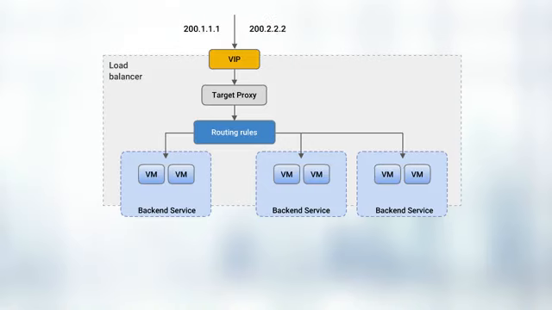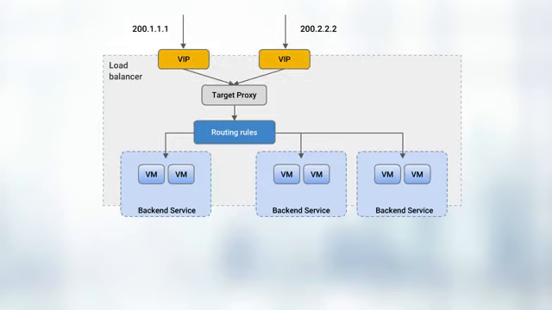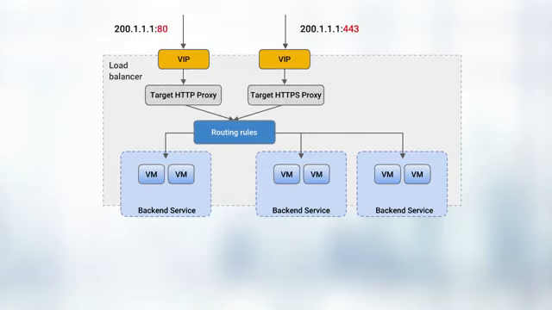You can specify more than one IP address if you want users to access your application using more than one URL. For example, if running a test service or using HTTP and HTTPS. Each URL is specified by a virtual IP and port in a global forwarding rule. Each forwarding rule routes traffic by address, port, and protocol to a target proxy for session termination and rerouting to closest instances. Each rule supports a single port, so supporting HTTP and HTTPS requires 2 rules and 2 target proxies.